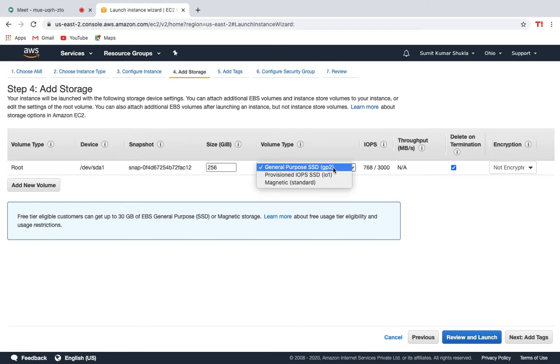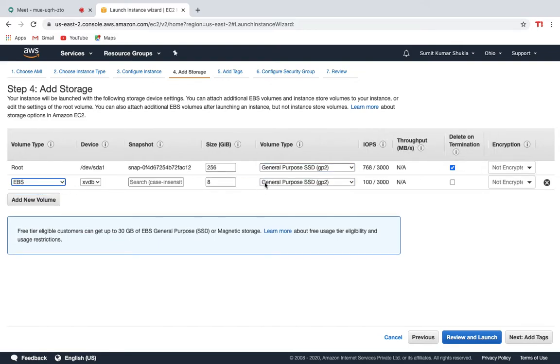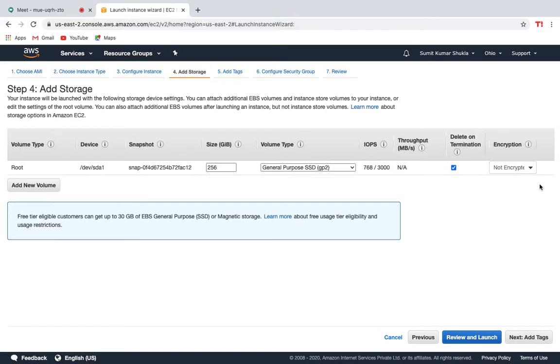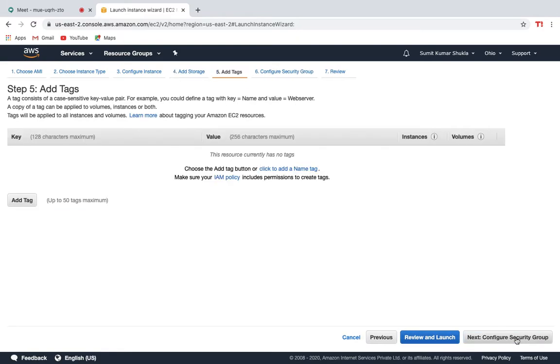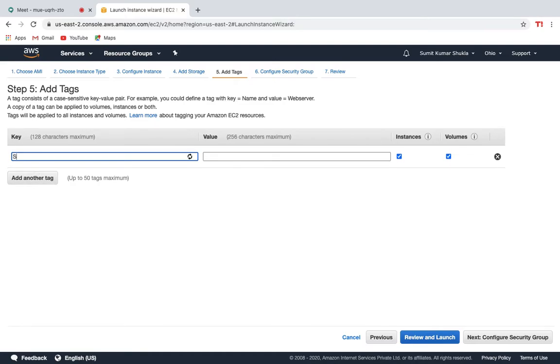So you can get a general SSD, you can get a provisioned SSD, magnetic, and you can also get an HDD drive, which we actually have in your drives, and in Mac you have HDD. Okay, so there you can't see anything, you just add it, and you can now see the HDD option also. Right, guys, and let me remove this one for now, and I will go next, add tags. So now here you will be adding something, so let me add a tag. I'm writing here a sample instance. Okay, you can write here sample instance, anything.